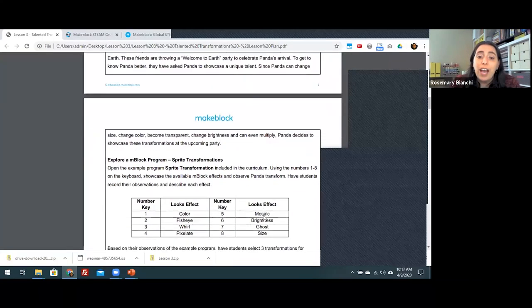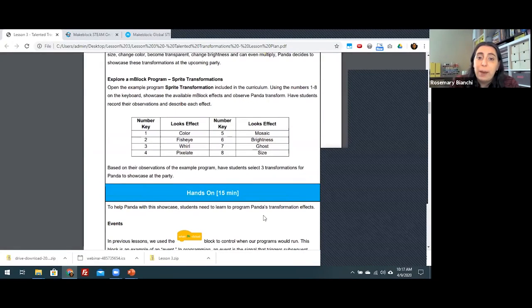So in order for us as the programmer to learn about the transformations available in mBlock, we're going to have your students open up this program called Sprite Transformations. And this Sprite Transformations program is in the folder that you downloaded. Now, when you're in mBlock,